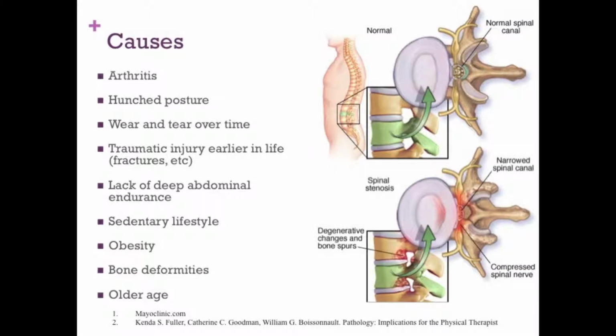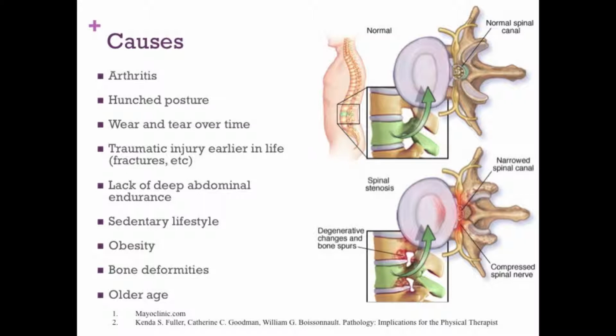There are many causes and factors to consider when looking at arthritis and degenerative joint disease. A hunched posture is a major cause. People sit at their computers with the worst posture possible. This posture, or any number of repetitive, longer-lasting activities, can lead to wear and tear over time. It's also possible that a traumatic injury earlier in life, fractures, car accidents, that kind of thing, can lead to arthritis later